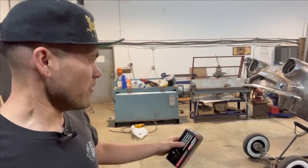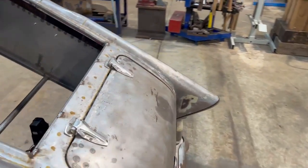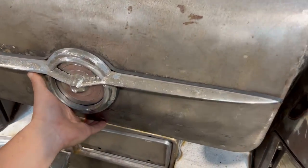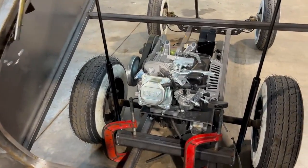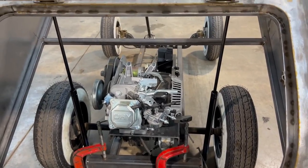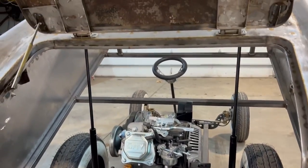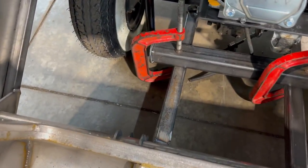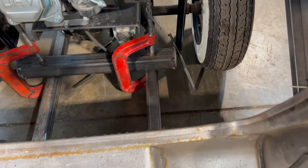So I think right now I'm going to do a bunch of work at the back. So at the back of the car, where the gas shocks are, oops, oh, that bolt just came out of that. But where those gas shocks are, we're going to make a permanent mount because I do think that they are in a good spot now, nice and tucked behind that rear axle. We're going to make a mount for that, make a mount for the linear actuator, and then we're going to try and squeeze a gas tank on the left side and a battery on the right side